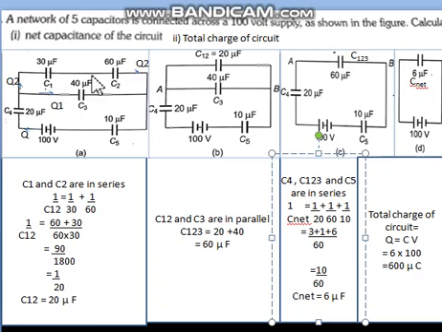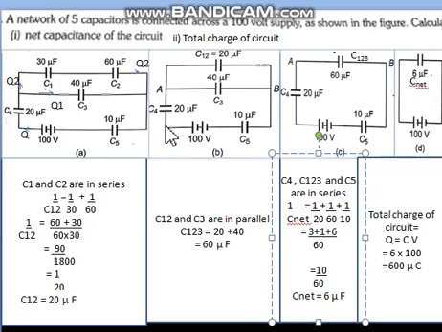Now because we have solved these two capacitors, whenever we solve a part of the circuit, we have to replace it by single capacitor with its value. So the two capacitors are now replaced by single capacitor. And what is the name of that single capacitor? The net answer of these two. So C12 is the name and value is 20, which we have obtained for these two. Now again we have to further simplify it.